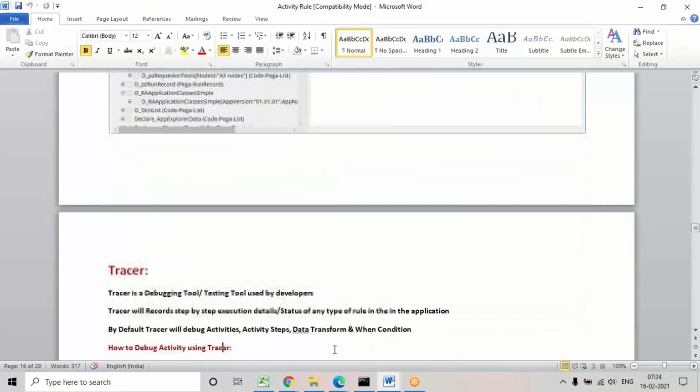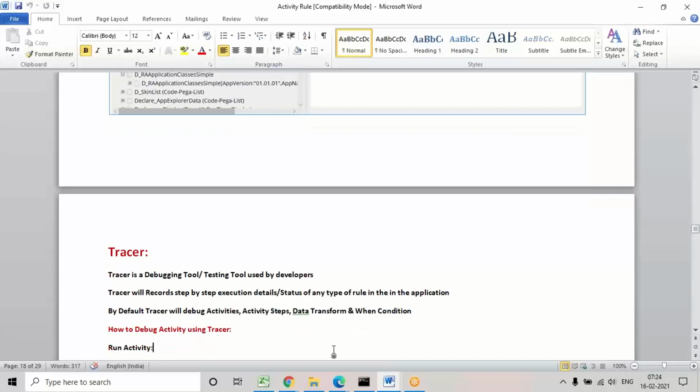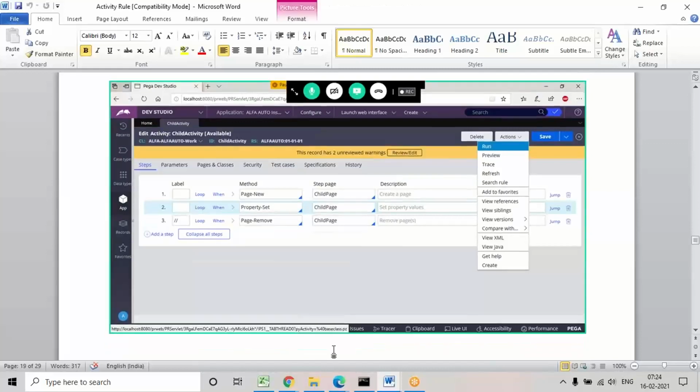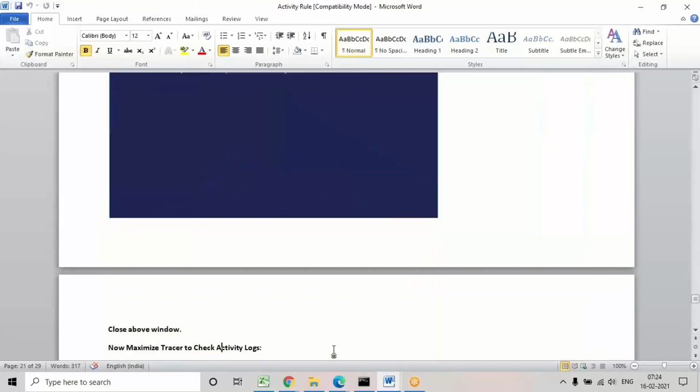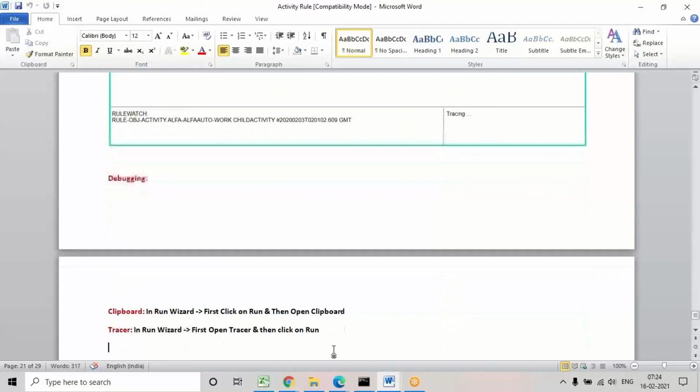And the tracer gives step by step logs for every method. It will create a log and give the status for every step, and if anything is wrong it will give the status as fail, and accordingly we need to open and check that issue. We can correct the step in which the issue is there.